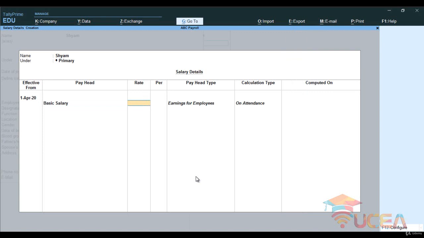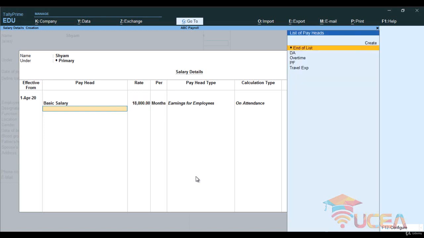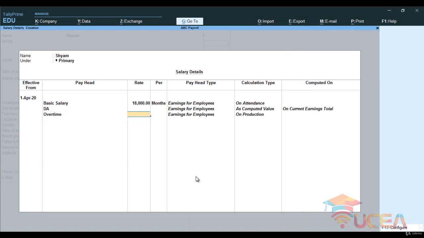Now what is the basic salary of Shyam? Let's say it is 18,000. It's an earning for employees. Next part is the DA. Now DA was based on the basic salary. It was the slab rate I have given, so that's the reason it's not asking for the rate. Okay, now I am selecting overtime.